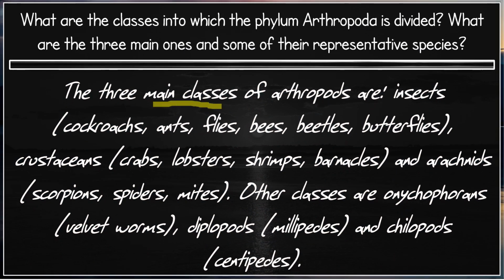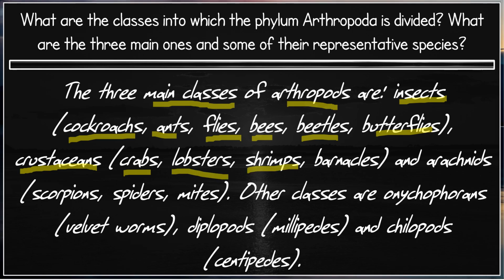The three main classes of arthropods are insects, where we have the cockroach, ants, flies, bees, beetles, butterflies. Then we have the crustaceans, where we have the crabs, lobster, shrimps, barnacles, and arachnids, where we have the scorpions,